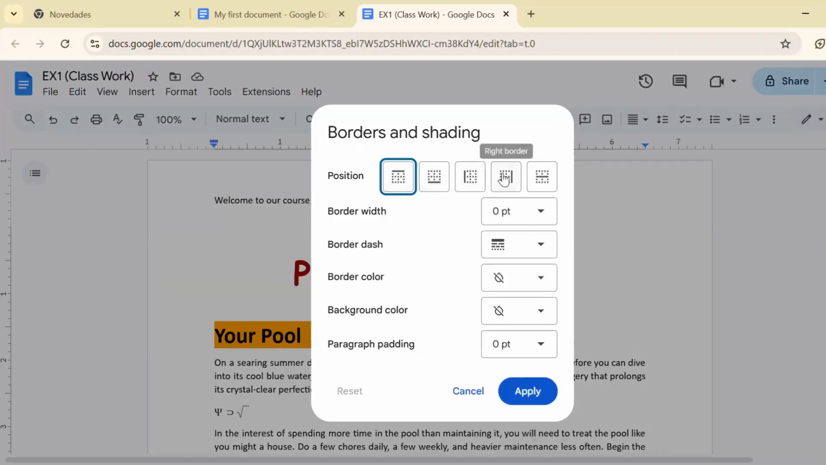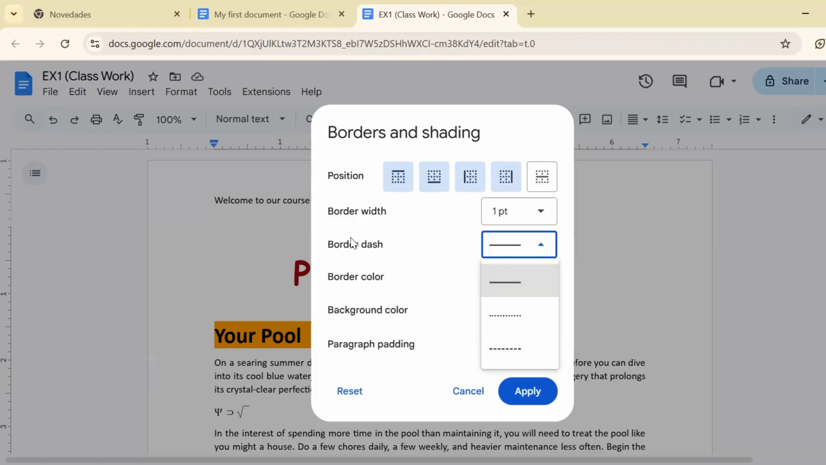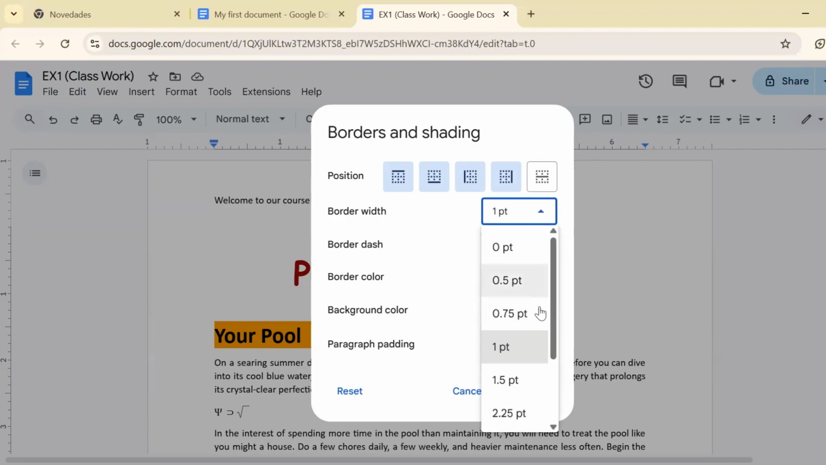Here you have a button for every edge if you need to add edges, if you don't need to add the whole boxed paragraph. If you need to add the box paragraph, you can select the 4 sides. You can choose the border dash if you need the border to be dotted, straight line, or dashes. I will choose dotted. Here the border width, if you need to increase or decrease the width of the line